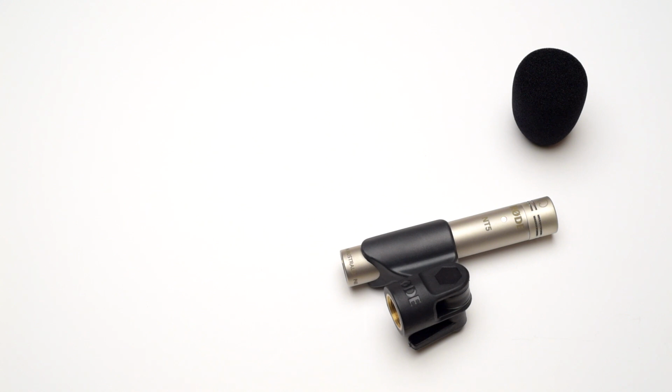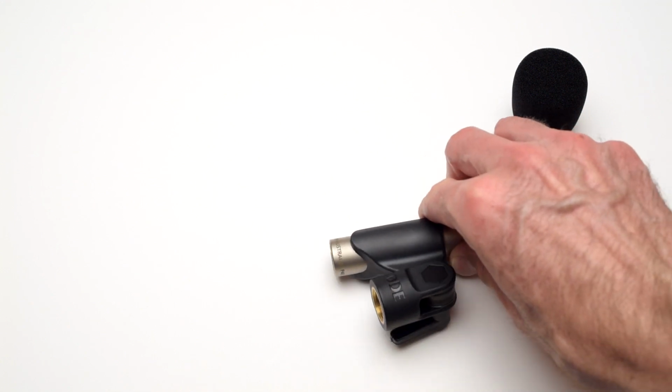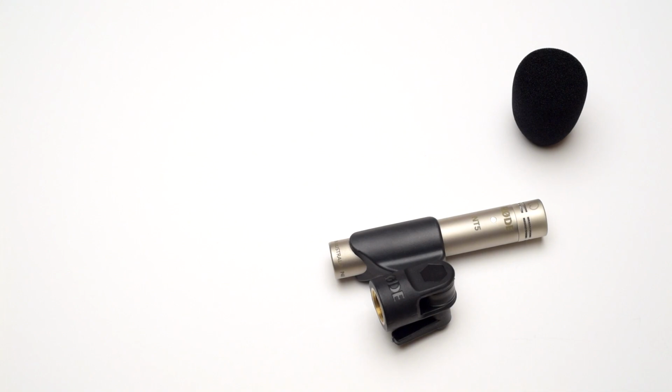And it doesn't have quite as tight a pickup pattern, but it's good enough for most indoor dialogue. And more importantly, it's about 1/3 the price. Now, when it comes to lavalier microphones, if I'm going to be recording to my phone as the recorder, there are lots of them that I have. I have tons of them. I'm not even sure how many I have, but the one that I generally will go pick up is the